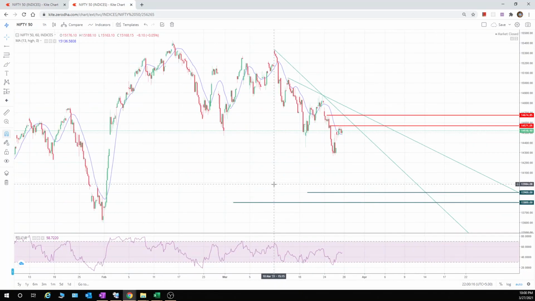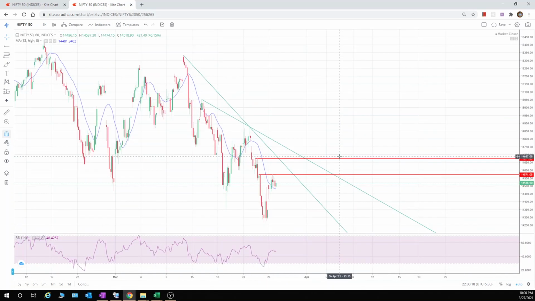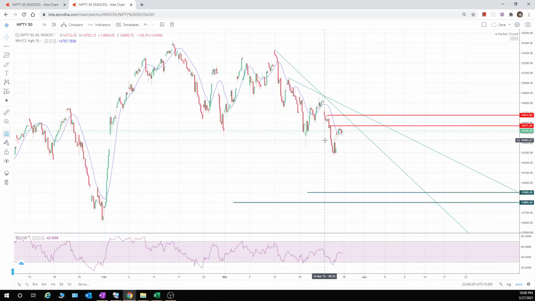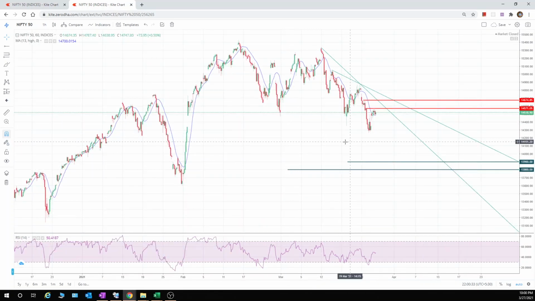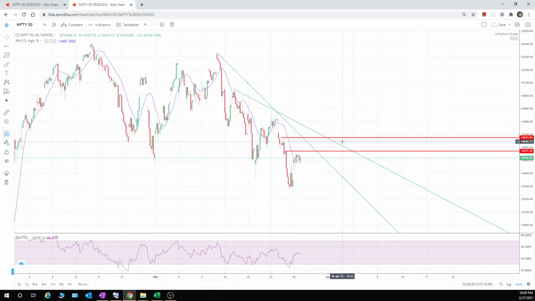Okay, so that is my point. And if it is breaking this region, then we are very strong. Okay, we can go long. Okay, so it will not happen immediately, because as you see 14,700 is the resistance zone.